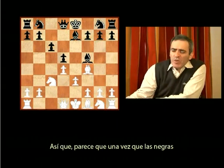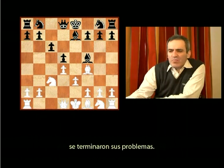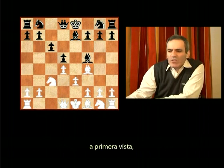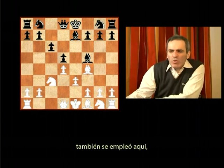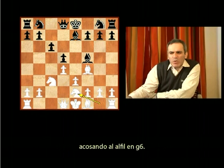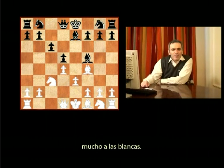So it seems that after Black comfortably developed his bishop on f5, his problems are over. At first glance, what White can do is just play bishop d3, exchanging bishops. But of course, it gives no real chances for an advantage. Move knight g2 was also played here, trying to play knight g3 and then potentially harassing the bishop on g6. It also didn't bring